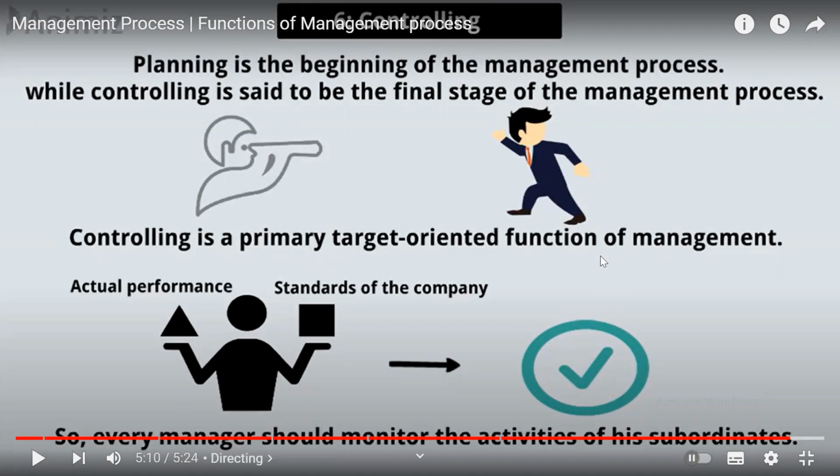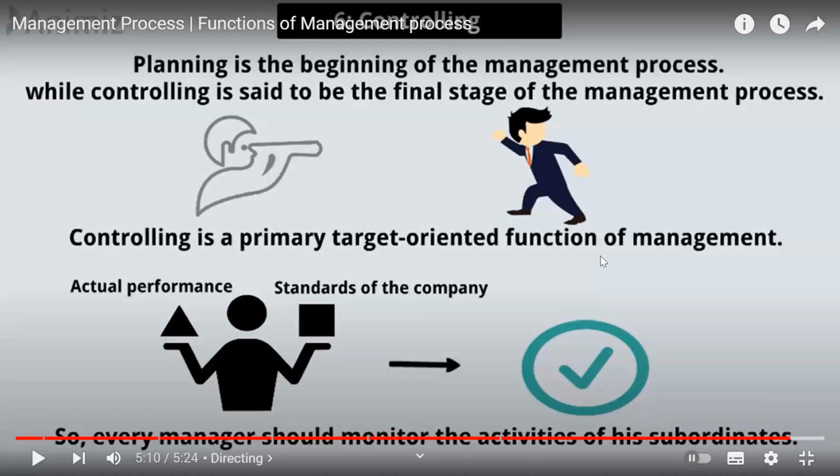Then in organizing, we would be distributing tasks, responsibilities and resources as per the skills and as per the resources that each department wants. And in leading, we do directing, staffing, coordinating, motivating, guidance. And in controlling, as I told you, we would be looking at whether the set standards have been met. So this is very important to know whether the company has met the standard expectation. So it's important that you focus on it.